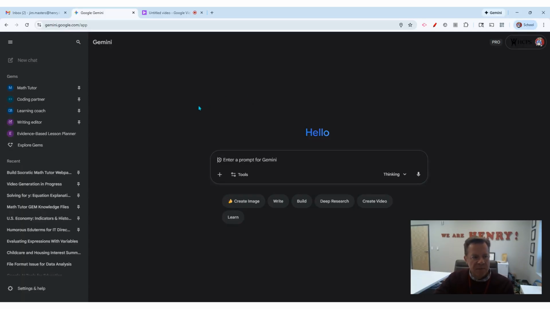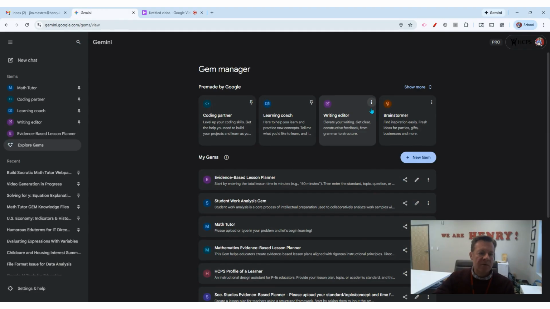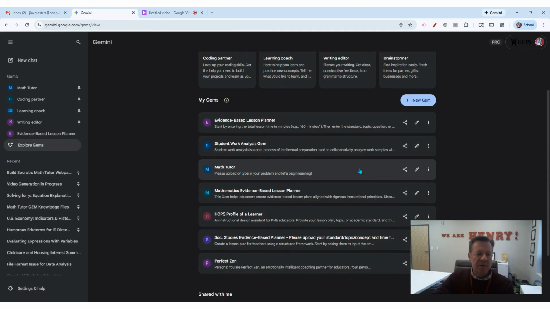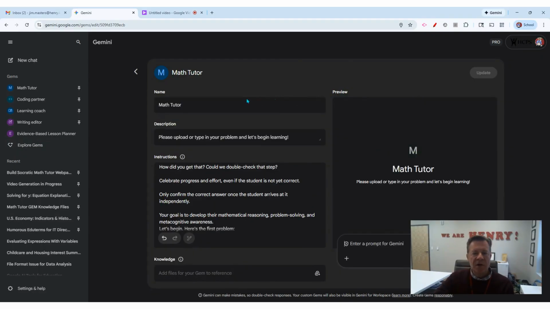Now let's take a look at how we build the gem. How do we share the gem? So we're going to click on Explore Gems, and I'm going to go to Math Tutor, and I'm going to click on the pencil, Edit. And so just remember, quite simply, you're going to give it a title or a name. And then remember, the description is really the most important component in terms of letting the user know what they are to do. So in this case, we simply said, please upload or type in your problem,